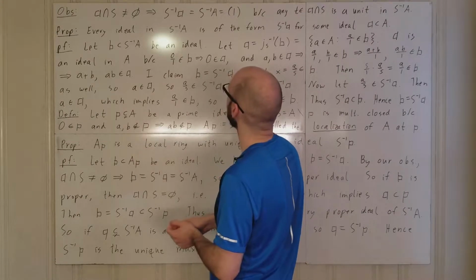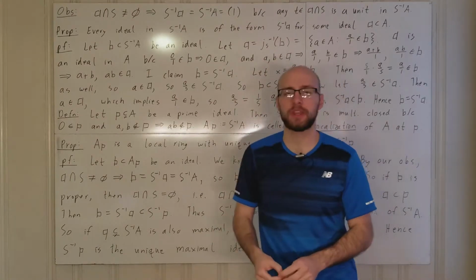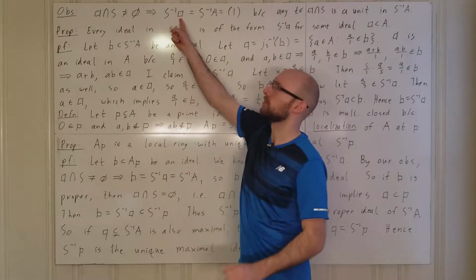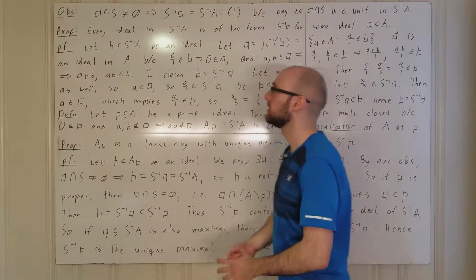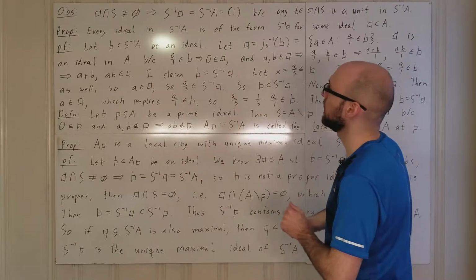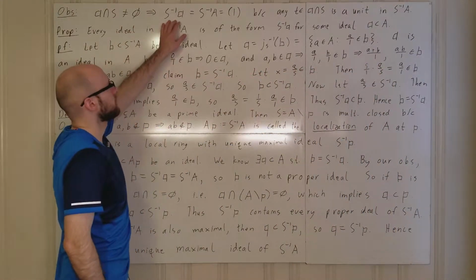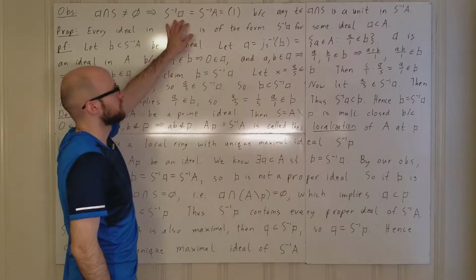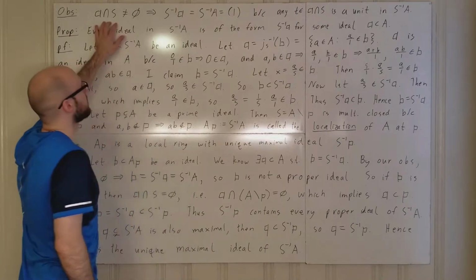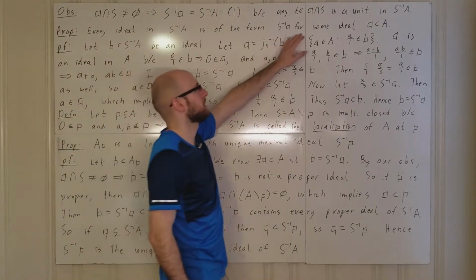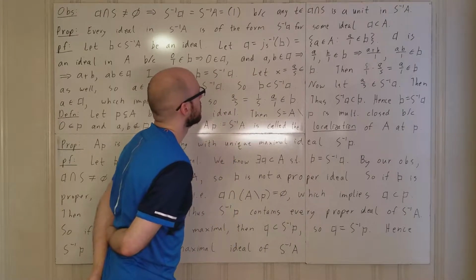have we proved that these are ideals? If we haven't proven that things of this form are an ideal where A is an ideal, then you can just prove it yourself because it's pretty easy. There's no real tricks. But anyways, if this intersection is non-empty, then this ring of fractions is precisely the entire ring, and that's because if this is non-empty, then it contains some element, let's say t. And then if you look at,